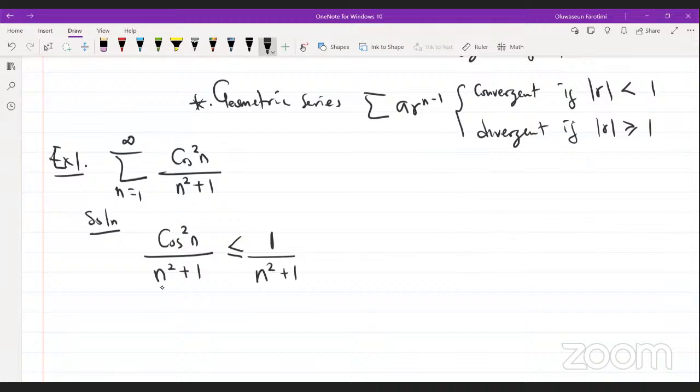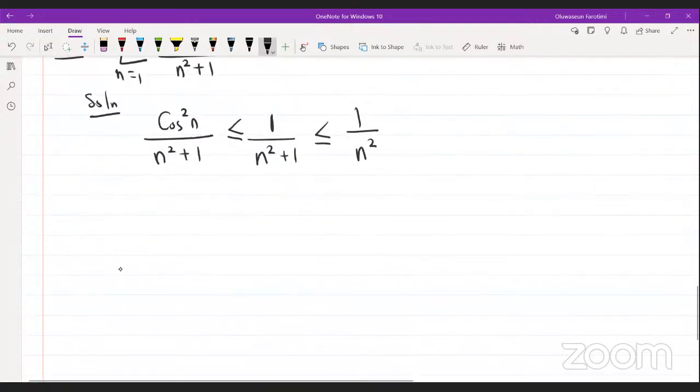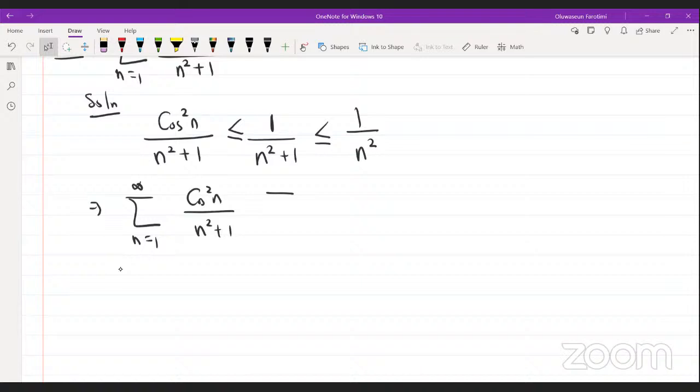So this quantity, I need something that is bigger than this guy. What can I think about? 1 over n squared, less than or equal to. And if you really want to be sure that these guys are correct, you can test them with numbers. If you test them with numbers, you see they are true. Okay, so if this is true, what can I do, guys? So this means that if you put a series, this is cosine squared of n divided by n squared plus 1, right? It's less than or equal to